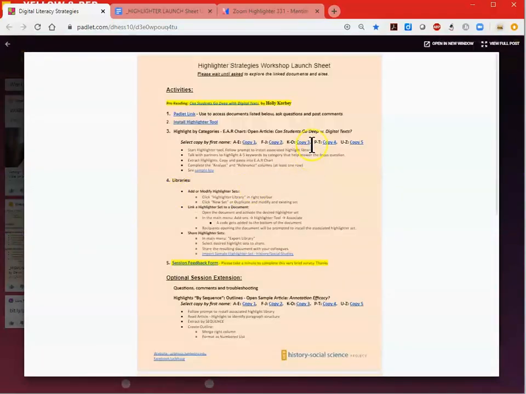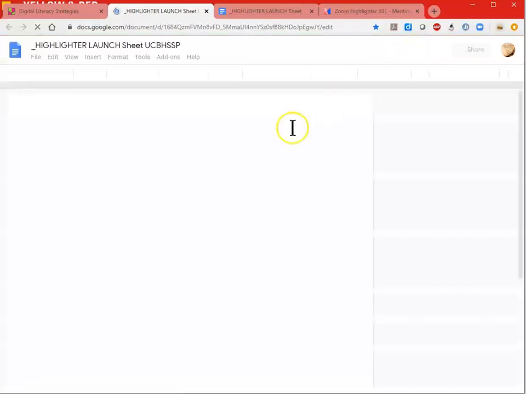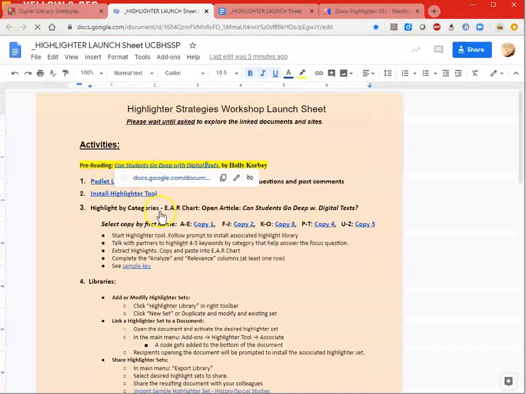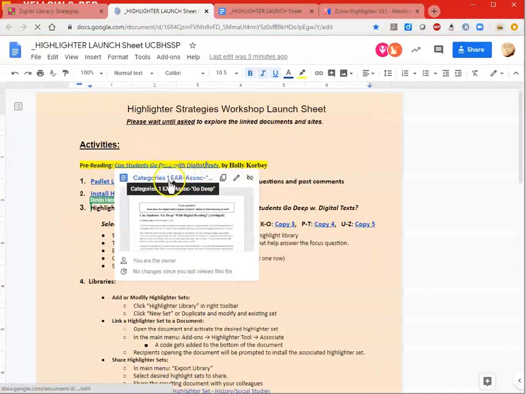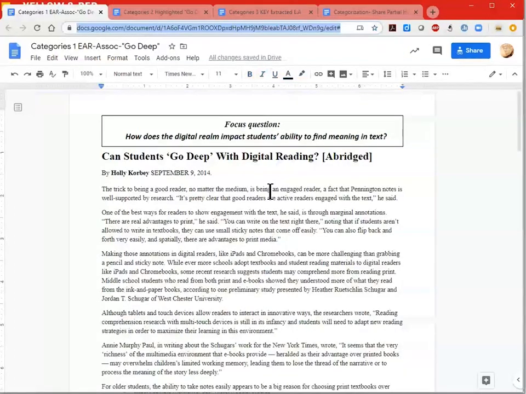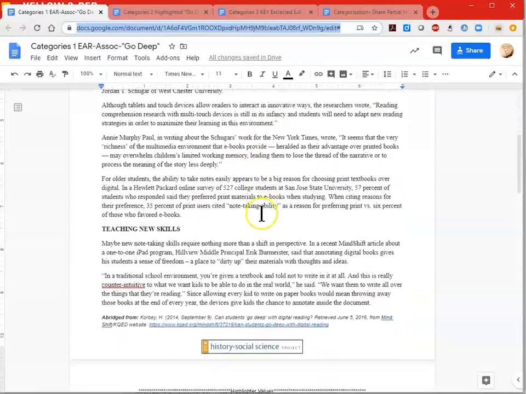This document is our launch sheet. Coming up to the top. That opens it in a new window. Here is the article I would like you to read to get a sense of where we're going with this conversation. When you have students read their article, the idea is to get them to engage with it on a deeper level. We're going to be using the EAR strategy, and in this case, what I've actually asked them to